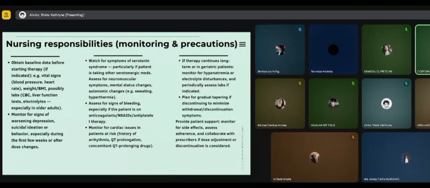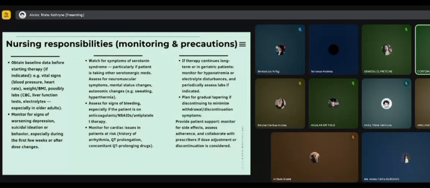For the nursing responsibilities, as nurses, we have care responsibilities when caring for a patient on sertraline. These include monitoring mood changes or suicidal ideation, especially during early therapy, watching for serotonin syndrome symptoms like tremors, fever, confusion, sweating, and muscle stiffness, checking for bleeding tendencies, especially if the patient is also taking anticoagulants, antiplatelets, or NSAIDs,